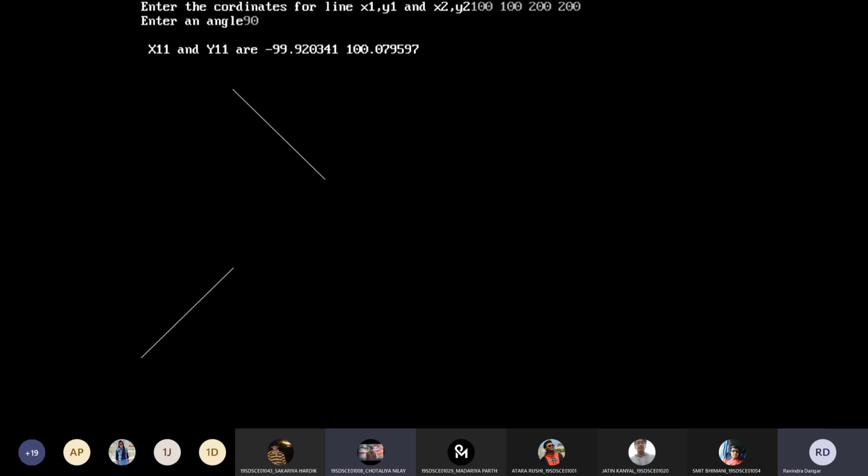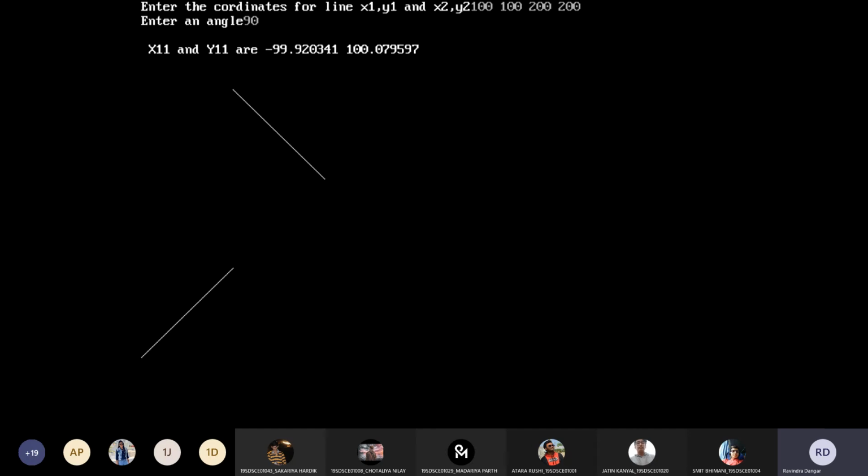Yes, negative values are there. So this is not the perfect rotation. Perfect rotation will be outside the screen. But here I just want to explain that it is not that we are not getting the rotation. Rotation is there. So to display it, I added some distance here. Otherwise, whatever new coordinates you are getting, this line is not for that. Are you getting me? If it is outside the screen, how will I explain it to you? That is why I added some distance, so that it is visible to you now.